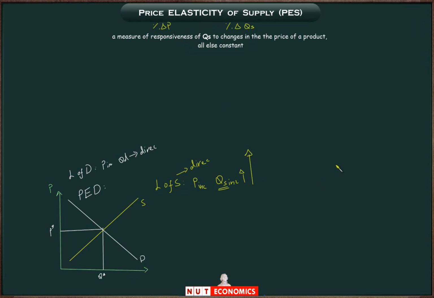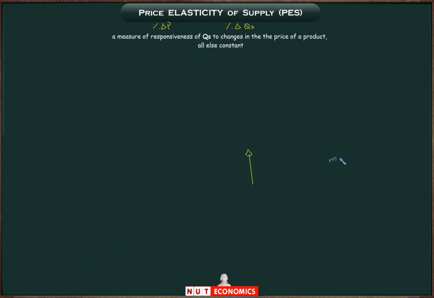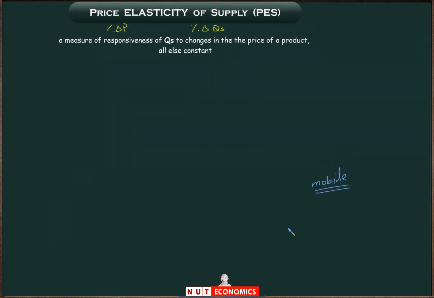So you can think of the same imaginary market for mobile phones. Let me give you a numerical example so you can clearly understand what we are talking about here. In the market of mobile phones, remember we said that initially, let's assume the price of mobile phones is 100 per unit, and then let's assume the price increases to 140.